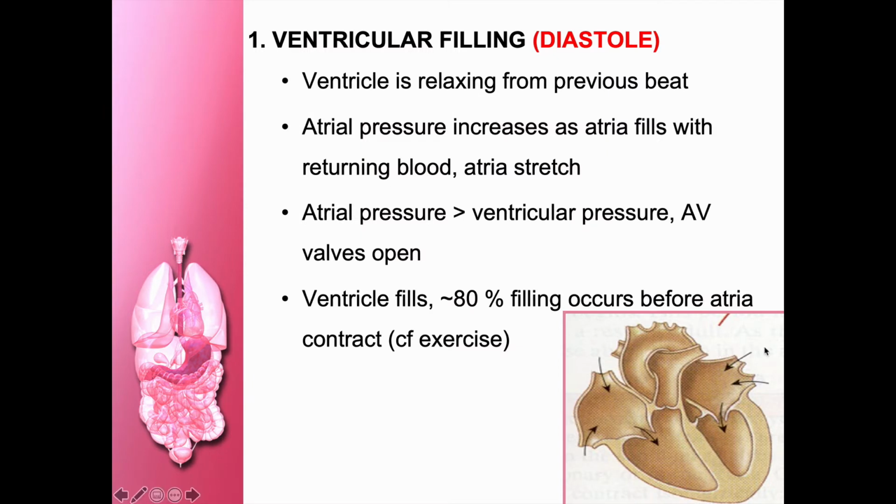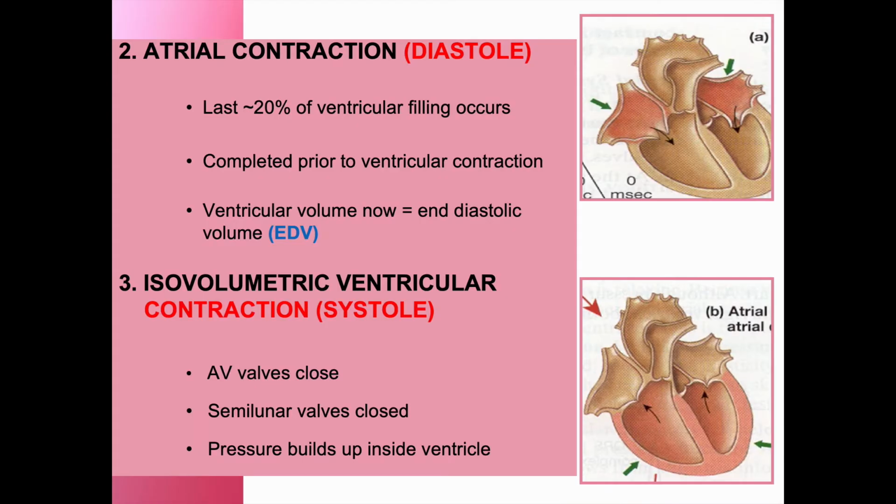Okay, that means what? All the blood will enter into the right and left atrium, and the systole will take place. So the systole will take place first in the both the atrial chambers. So during that time, the valve will open in the interventricular septum, and it comes to the ventricle. The blood will come to the ventricle. Okay, so that is what we call it as the first phase, that is the atrial contraction.